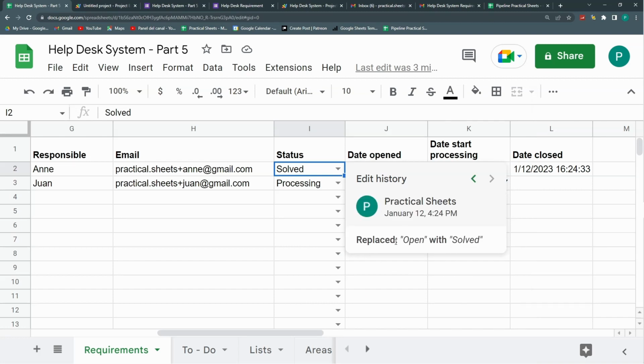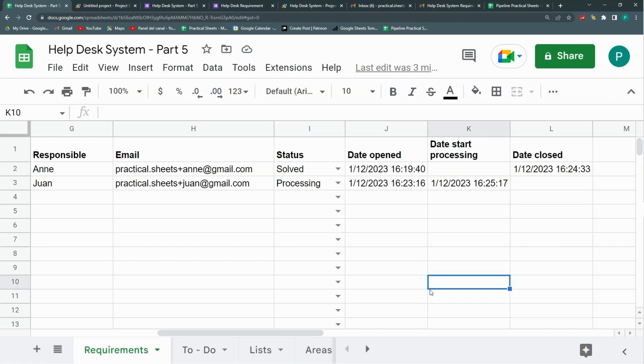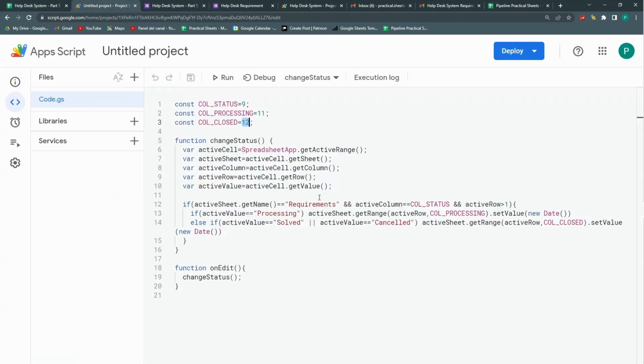So for example, someone made a mistake and it was not Anne, but it was Juan that put solved in the one that wasn't his. So this is why in the future we could add another form so that only Juan can change this and not anyone that has access to the spreadsheet. Okay, so for now, if we go to the code in my Google Sheets, there's a change status